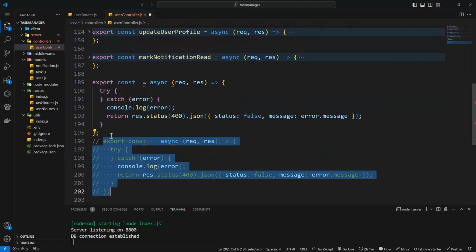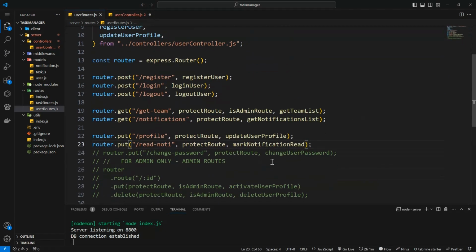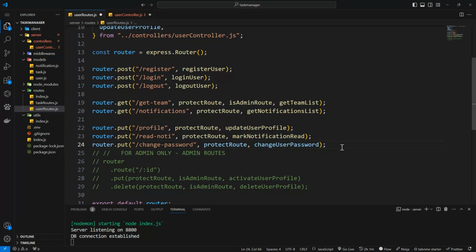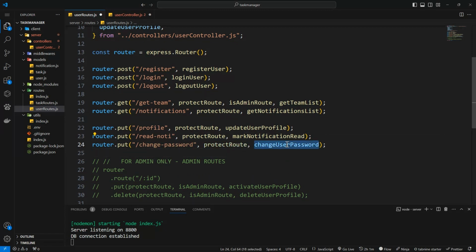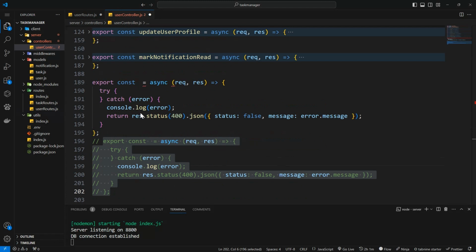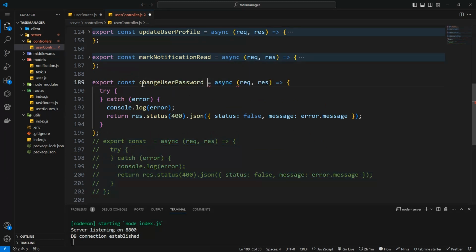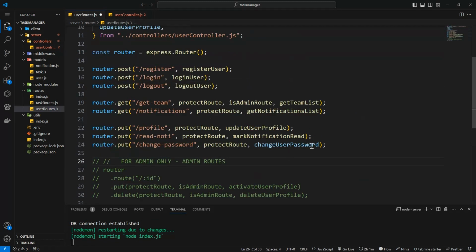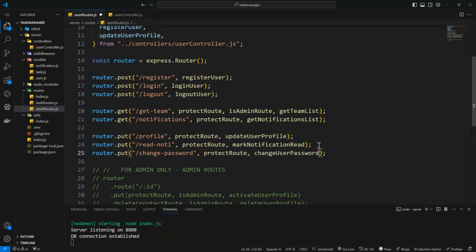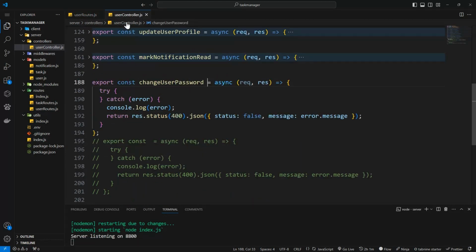Okay, so the next one is this, that is change password. So come here and put this, save, go back and import it, change password. Okay, so the video is getting long, but let's try and finish the back end in one video. Yeah, so can you bear with me? Okay,